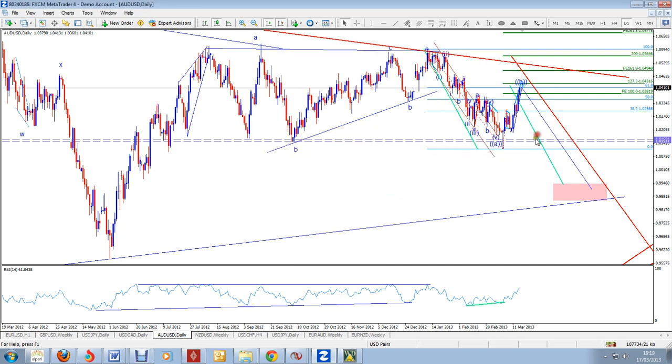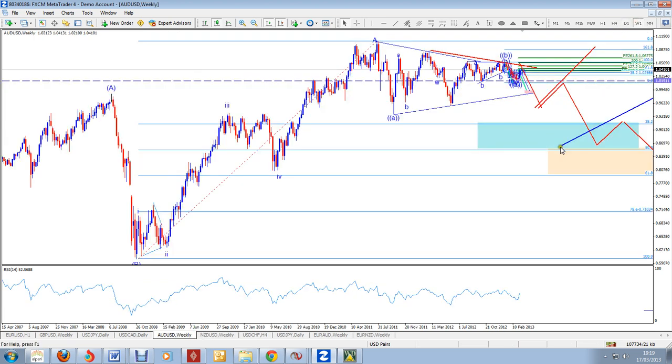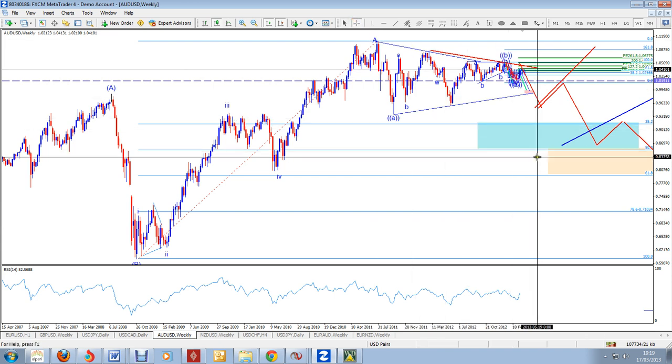So if we do that, AB equals CD, it comes into an area where we've got rising trend line support coming in, a part of a triangle, if it is going to be a triangle. If it's not going to be a triangle, then when it gets there, we might get a marginal bounce and then it falls over to continue lower down. So far we're labeling this as an A, this as the B, coming down as a C, as the minimum cautious expectation, or this A might turn out to be 1, this might be 2, and we'll get a very strong sell-off down to form a wave 3, with a view of overall declining to the 98 area here.